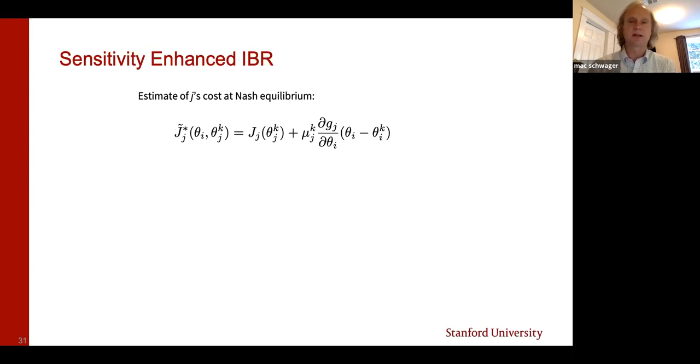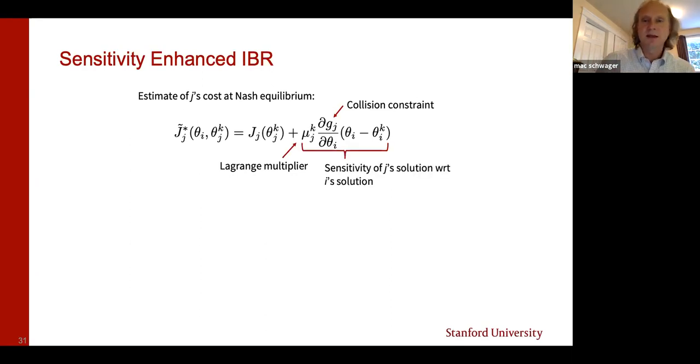Whenever I'm in close proximity with that other guy, that first order expansion will expose this Lagrange multiplier term, and that's here. This is the collision avoidance constraint, and this is the Lagrange multiplier. Basically, this is the sensitivity of the other guy's objective function with respect to my own decision variables, as produced through the collision constraint.